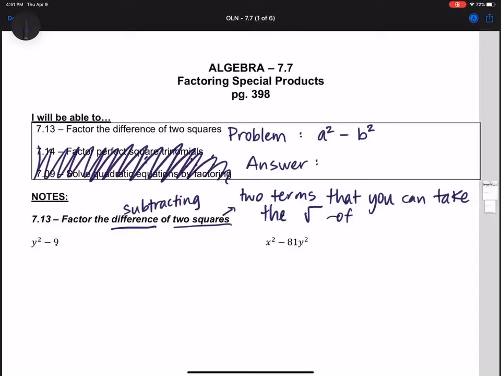Hi everybody, today we're going to talk about factoring the difference of two squares. This is the backwards version of our shortcuts that we did a while back. Now when you come across these, you're going to have a problem that will be subtracting, and your first term and your last term, you can take the square root of both of them. So if you have that as a problem, then you make two parentheses